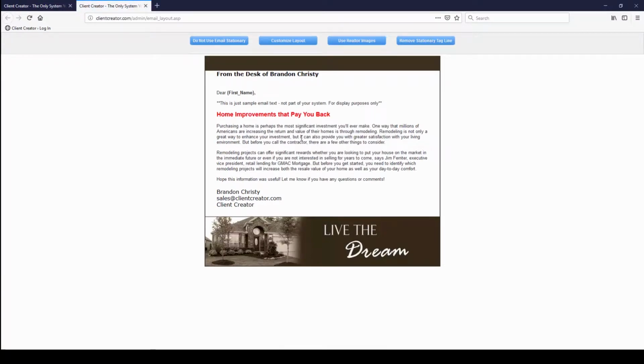There's a couple different areas in the email layout that you want to pay attention to. As a concierge member, our team sets this up for you. Your images should be on here. Your information should be on here, as well as this bottom Live the Dream is going to be different for you. What should probably be at the bottom of this will be your